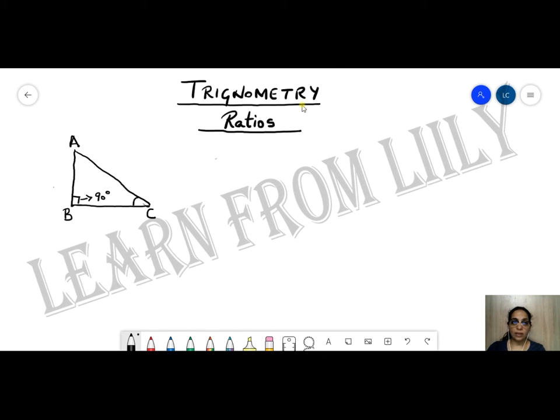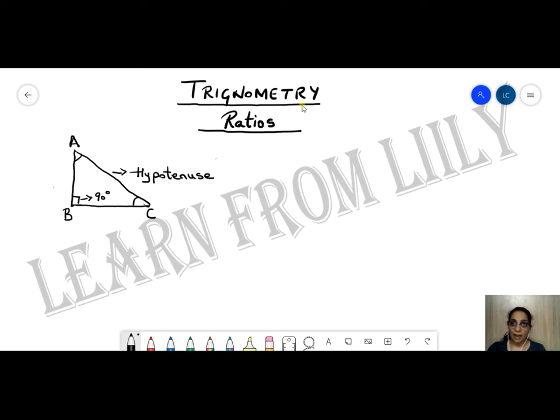And the other two angles, that is A and C, they both will be acute angles, because they will be less than 90 degrees. Now if you remember your Pythagoras theorem, the side opposite 90 degrees we call hypotenuse. So over here in our case, AC becomes the hypotenuse. Okay, and this will be the largest side of your triangle, right angled triangle. Hypotenuse is always the largest side.